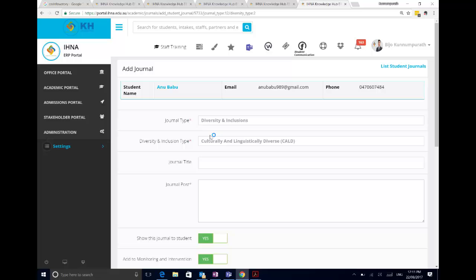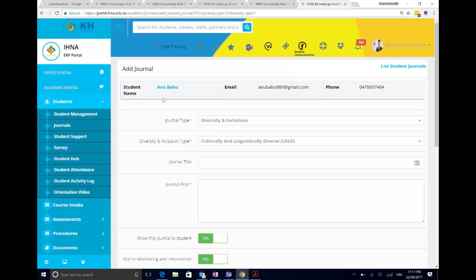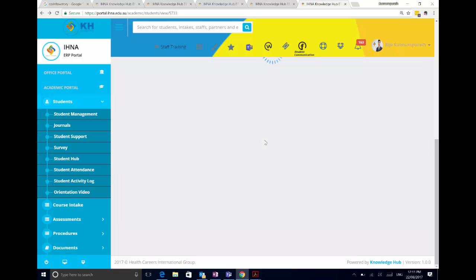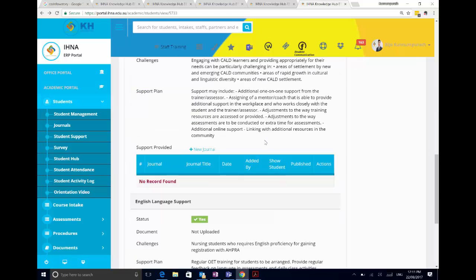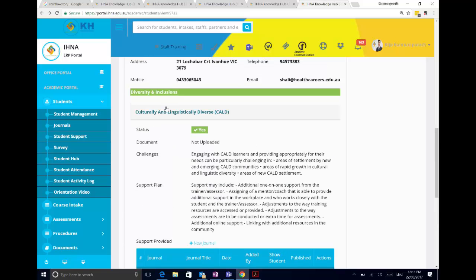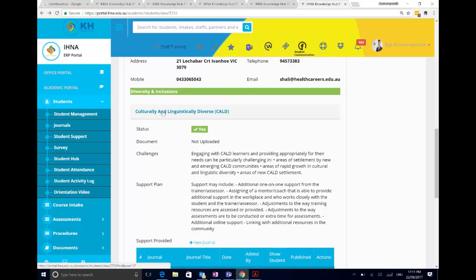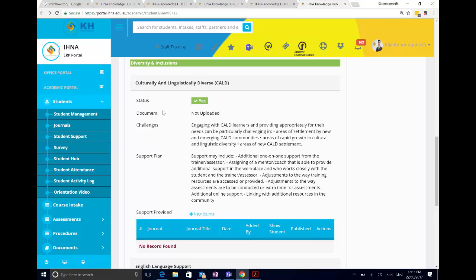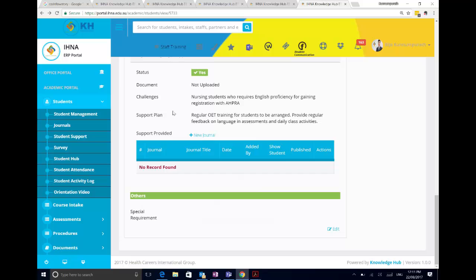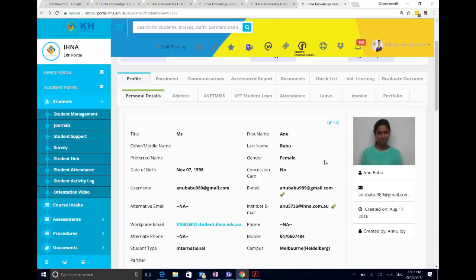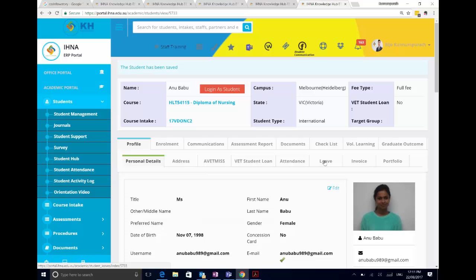So this is very important for us to keep evidence of whether we identified the student needs, and if we identified, what we have done about it. So it's basically very, very important to continue working on it. So we have identified here card requirements as well as English language requirements. So once you add a new journal, it will also list here. So in a student profile page, we can monitor this. So this is how we are going to work around these requirements,